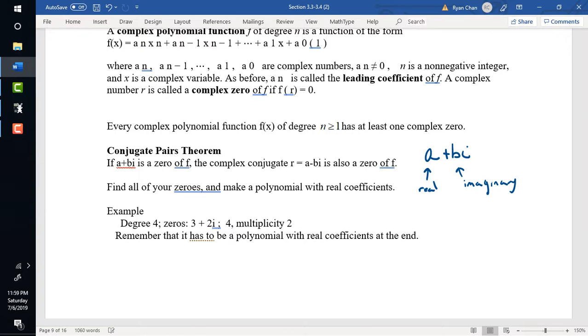One of the rules that we want to talk about is, remember, complex numbers come in what's called conjugate pairs. So what does that mean? That means they come in pairs of two. So if I have an imaginary number of a plus bi, then I have an a minus bi, okay, for the following. So if I look at this example right here,